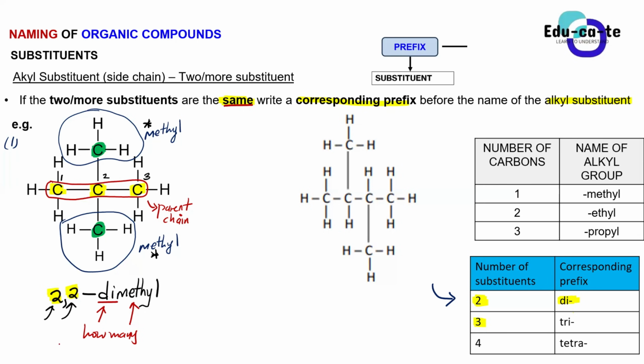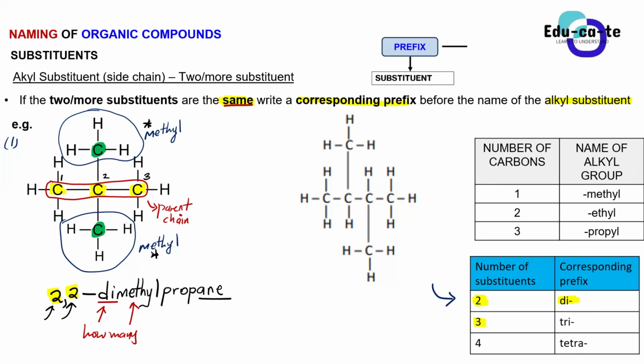And then after that, you complete your name, because remember guys, here we look at the parent chain, which has 3 carbons in the longest chain, right? So we are going to use prop. And looking at our homologous series, we can just say that this is only single bonds between the carbon atoms. So at the end of the day, this is going to be an alkane. It's also a hydrocarbon, so we must have an a at the end, which is our suffix telling us the homologous series.